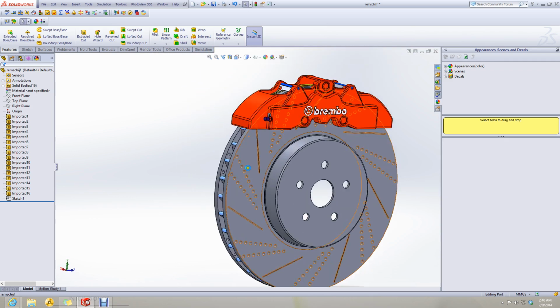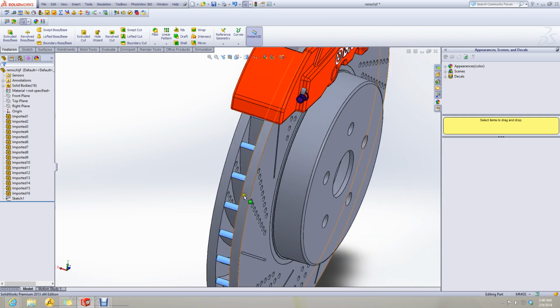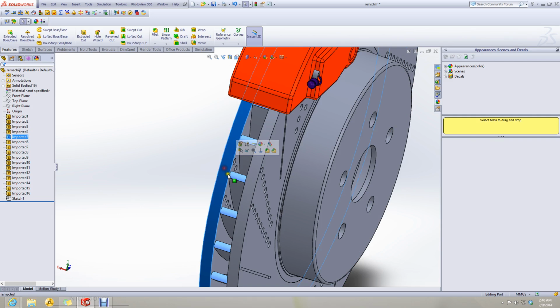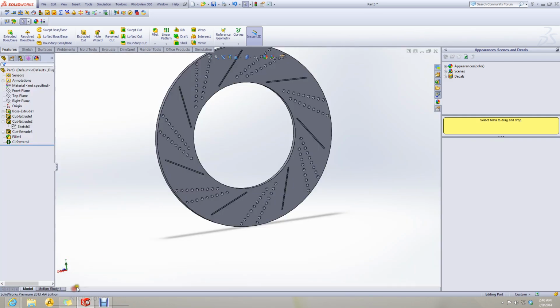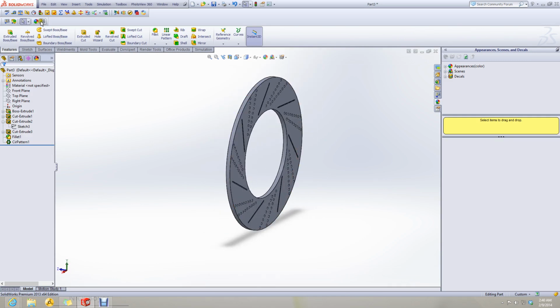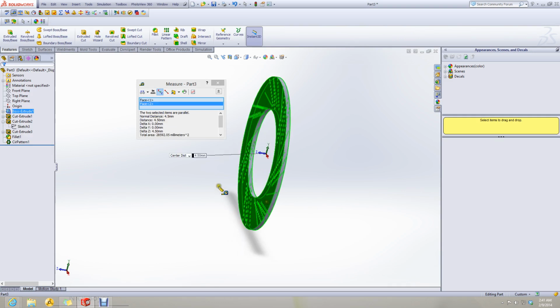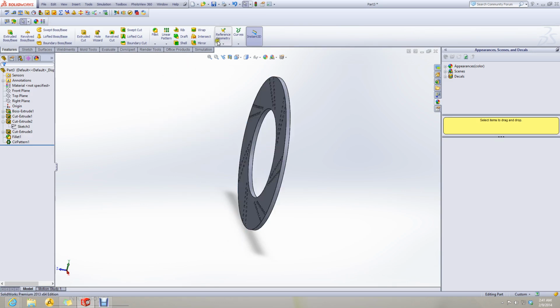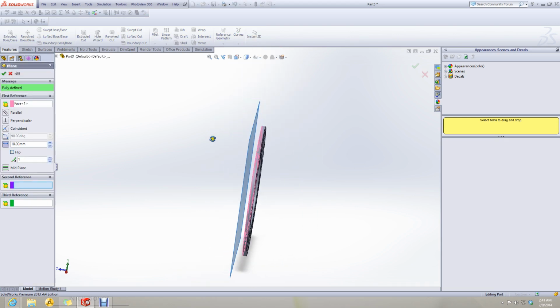Okay, I see that disk is complete and we just need to mirror it on the other side. Since the distance between the two disks is 7 millimeters, we create a plane at a distance of 3.5 millimeters, that is 7 millimeters divided by 2.